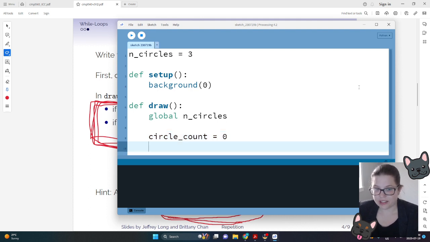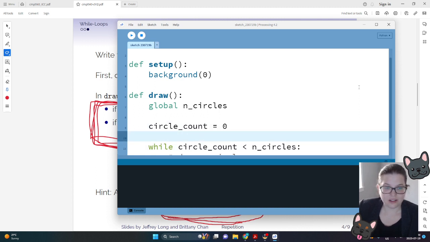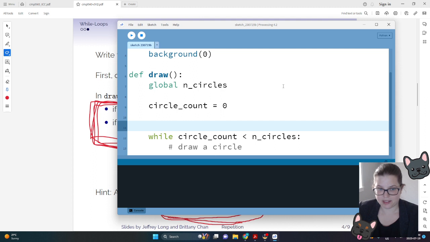Then that's saying I have drawn no circles whatsoever so far. And then we're going to have our while loop, and we're going to say, while we still have circles to draw, and the way that we would do that is saying, while our circle count is less than n circles, then we want to draw a circle. I'm just going to add in some single line comments that kind of help us explain what we're doing here. So while we still have circles to draw, draw a circle. And the way we're going to draw that circle is by using that,